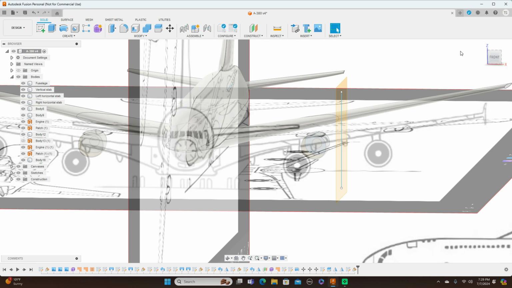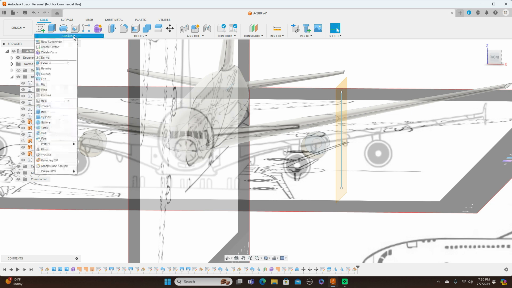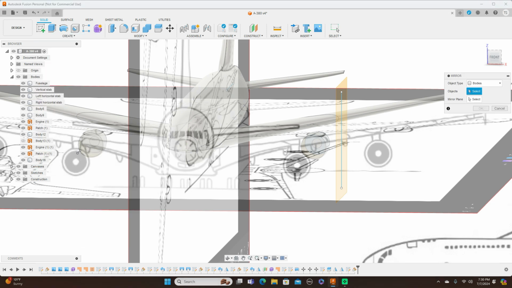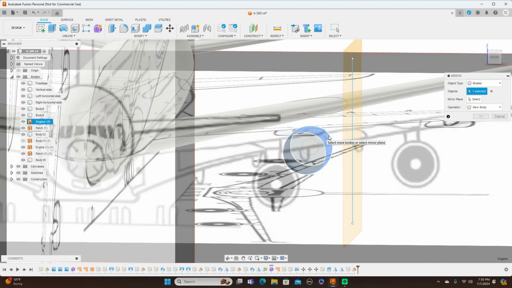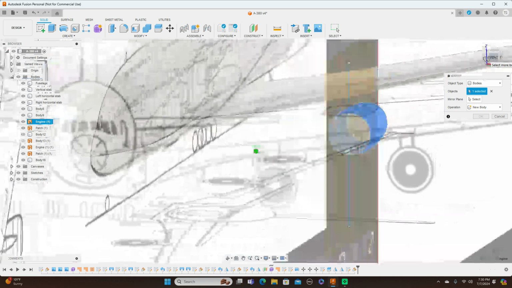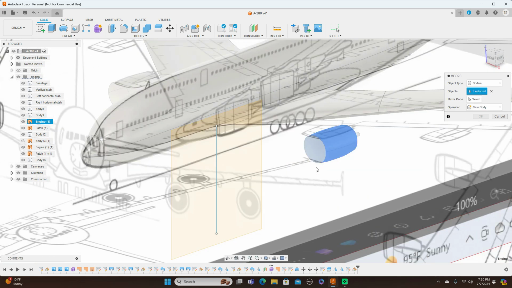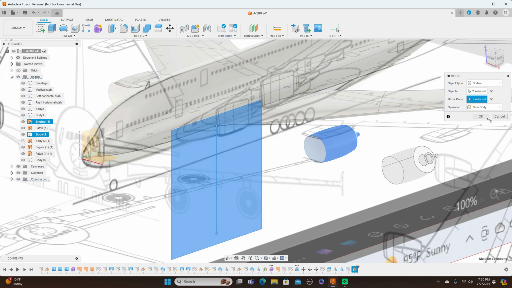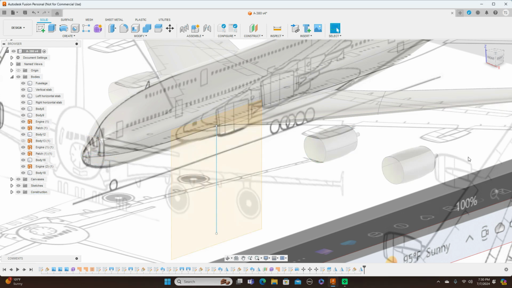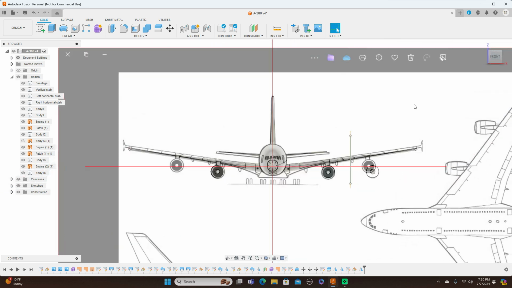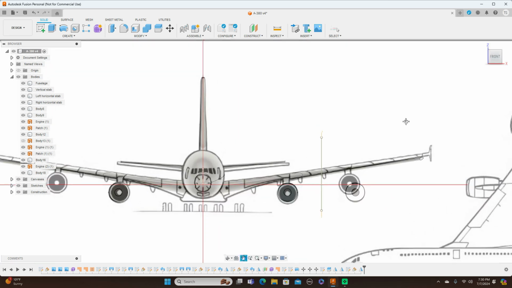Now, what we can do is come over here to create, mirror, select this, and this portion back here, and then select the mirror plane as this, and click OK. Now we have another engine here,